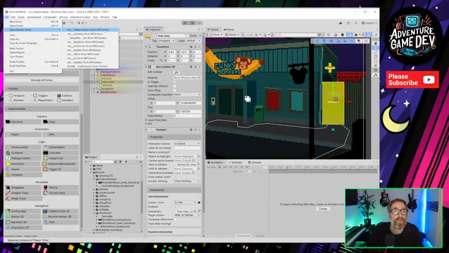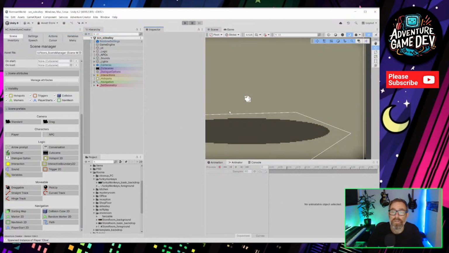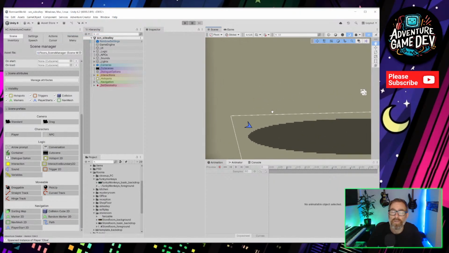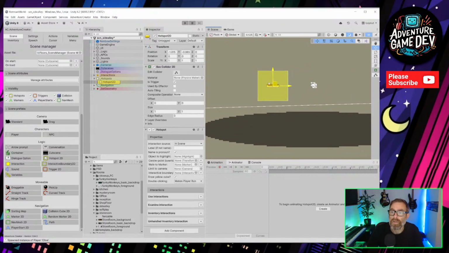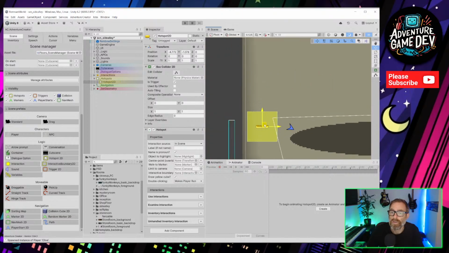Let's go back to that side alley scene and let's just add a hotspot in here to go back, and then we can just check all that. It's going to be at the side of the screen roughly here somewhere, so let's just put a whacking great hotspot there and let's call it car park. Let's take you back to the car park.